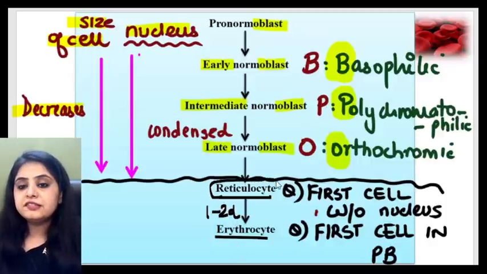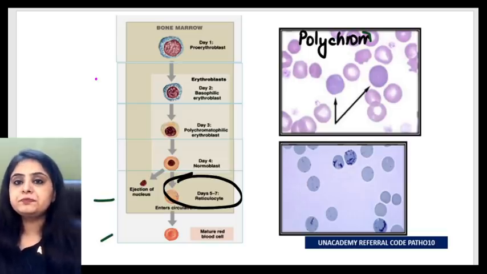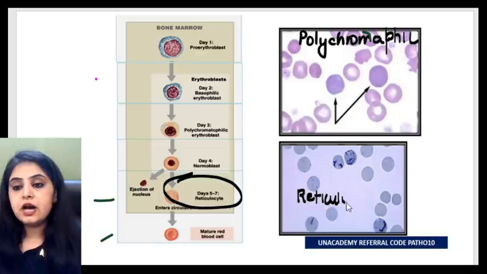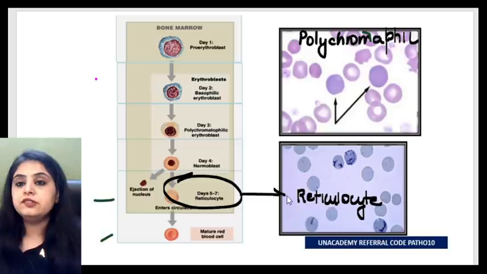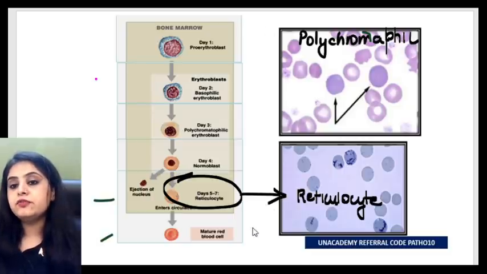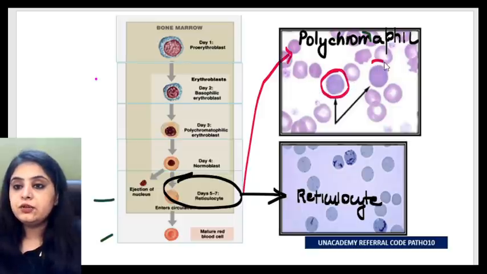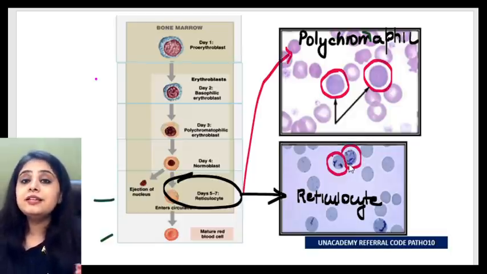So what is the last thing that you have to know about this reticulocyte? I've got you 2 pictures over here. Very commonly you will see that there is a word used, polychromatophil, and there is a word used, reticulocyte. How are they the same or how are they different? First and foremost, reticulocyte and polychromatophil are exactly the same. So this big cell over here is a polychromatophil, and this cell with blue dots is a reticulocyte, but they're essentially the same.